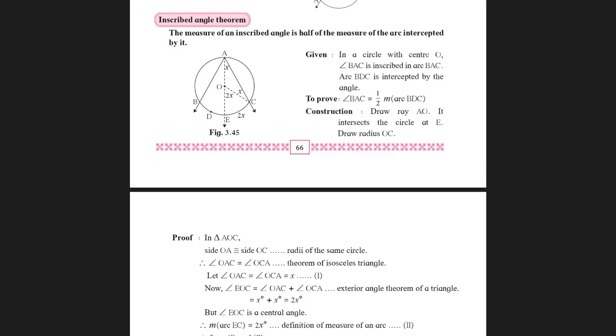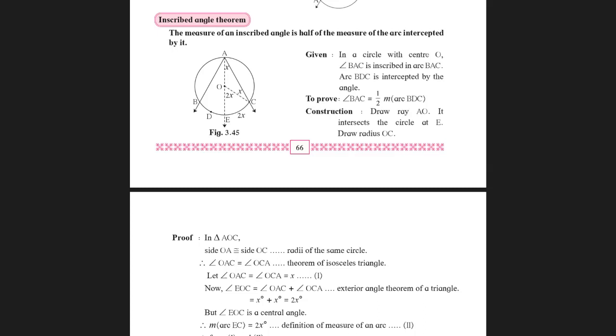Now for the proof, take triangle AOC. Side OA is congruent to OC because they are the radii of the same circle. Angle OAC and angle OCA are equal due to the theorem of isosceles triangle. You have OA and OC equal because they are the radii. Therefore, the angles opposite to equal sides are equal. So let both of them be equal to x, and this is due to the theorem of isosceles triangle. Now angle EOC